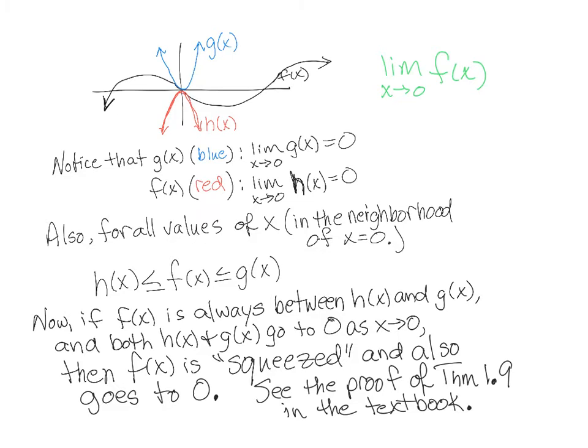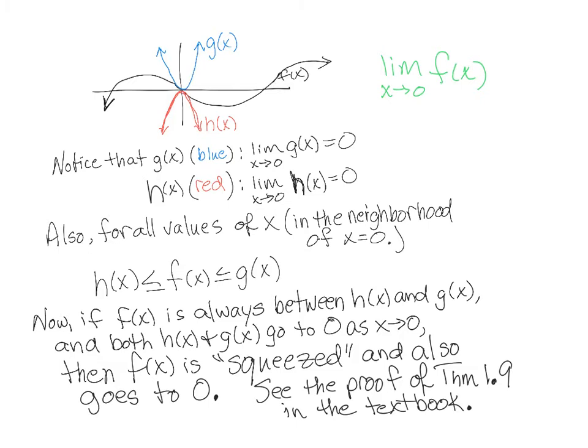So what we've done is we found a different function that touches my graph, but is otherwise always above, and a function that touches there, but is otherwise always below. Notice that for g of x, the limit as x approaches 0 is 0. And for the red one, sorry, that's an h, isn't it? The red one is h of x. Notice that the limit as x goes to 0 of h of x is going to 0